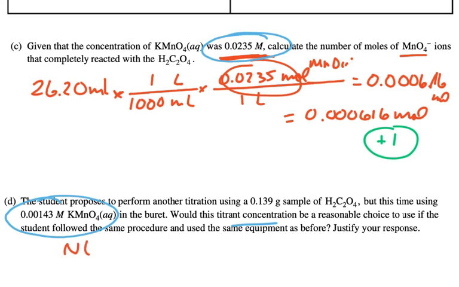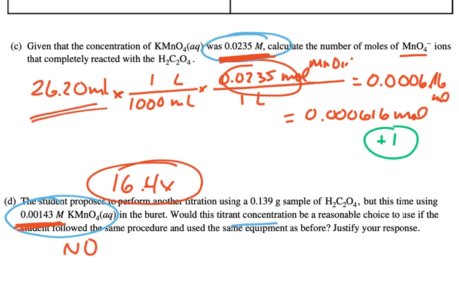Okay, this would not be reasonable. And the reason is that this is quite a bit more dilute than our original solution. And I calculated that it's like 16.4 times more dilute. In other words, I would need to have about 16 times more of my solution. And before I used 26 milliliters. So that is so dilute, I would have to refill my burette over and over and over. And each time I did that, I would lose accuracy or lose precision on my measurements. So no, okay, because the solution